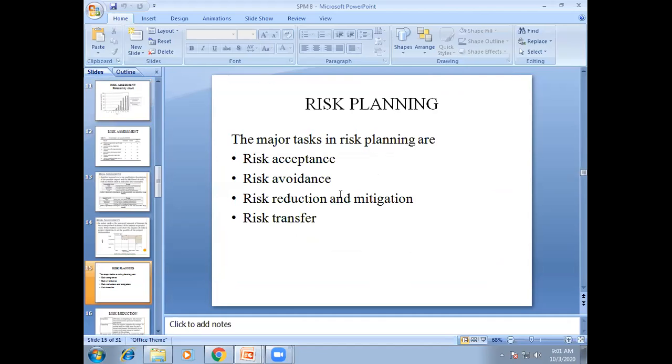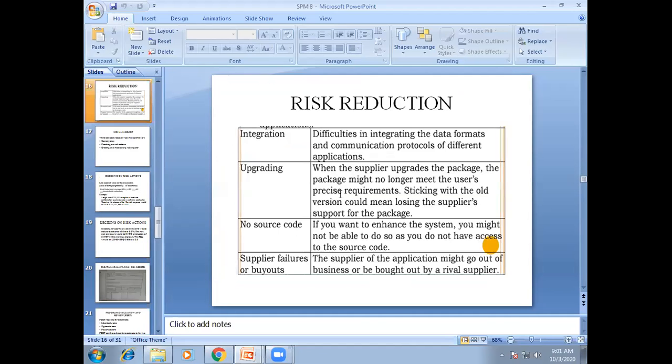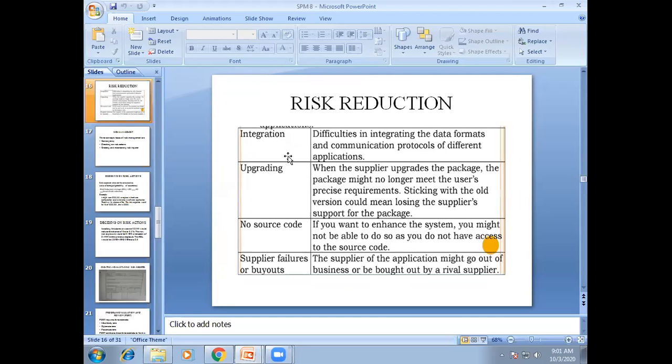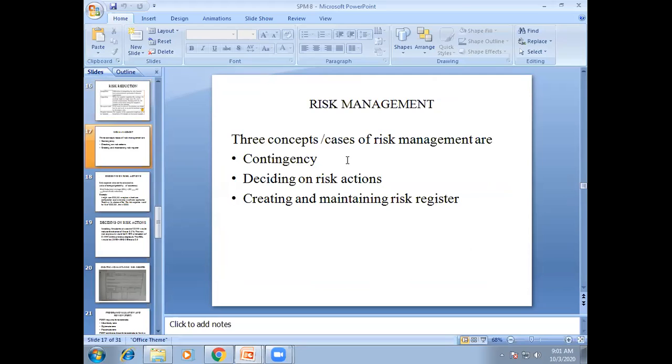Then risk reduction: we already have a table to use if any risk occurs, and using this we solve the risk problems. The last one is risk management. The three concepts of risk management are contingency, deciding on risk action, and creating and maintaining the risk register.